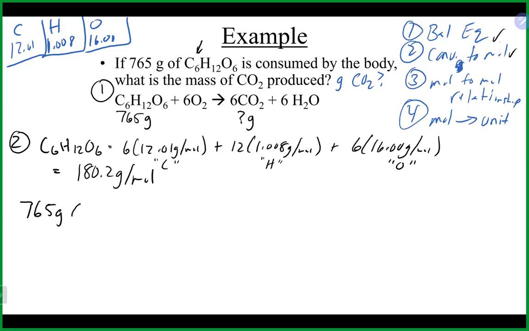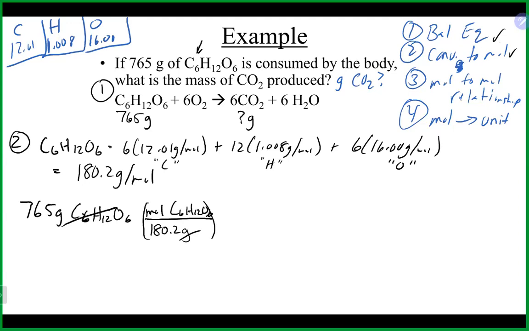765 grams of C6H12O6. Once again, going opposites to cancel, so grams on top. So we do need the grams on the bottom here to cancel out. Once again, you could get an answer or you could continue on with the calculation. I'm going to continue on with the calculation at this point. If you do get an answer, try not to round too much. But basically, we are at moles of our